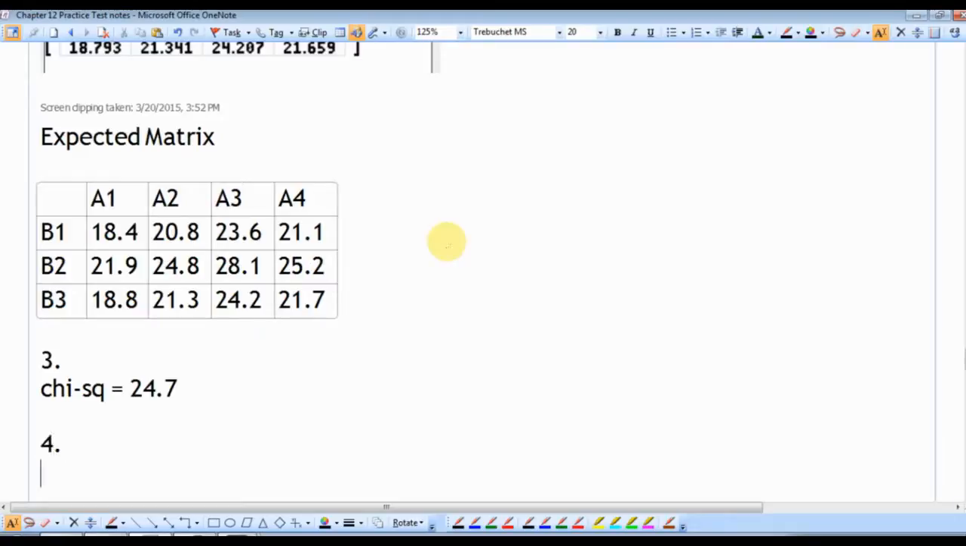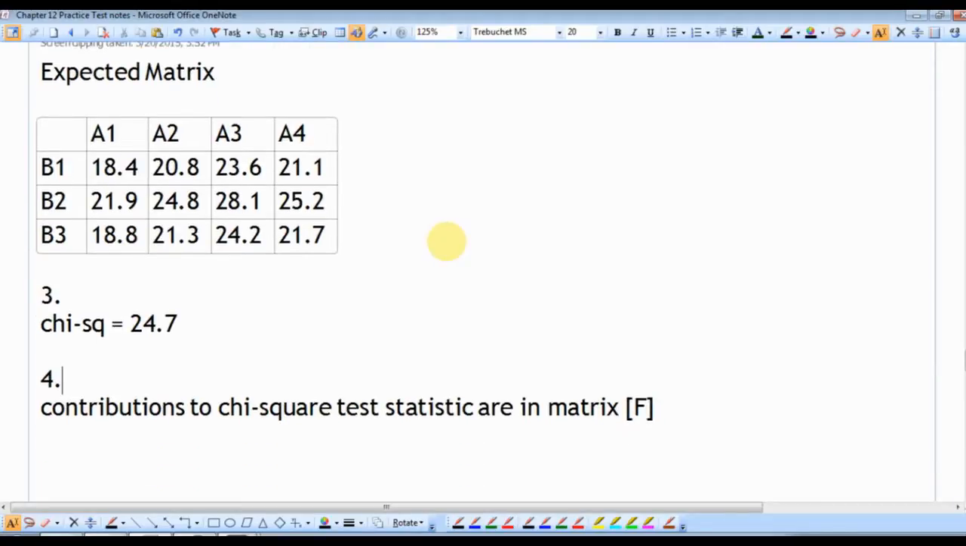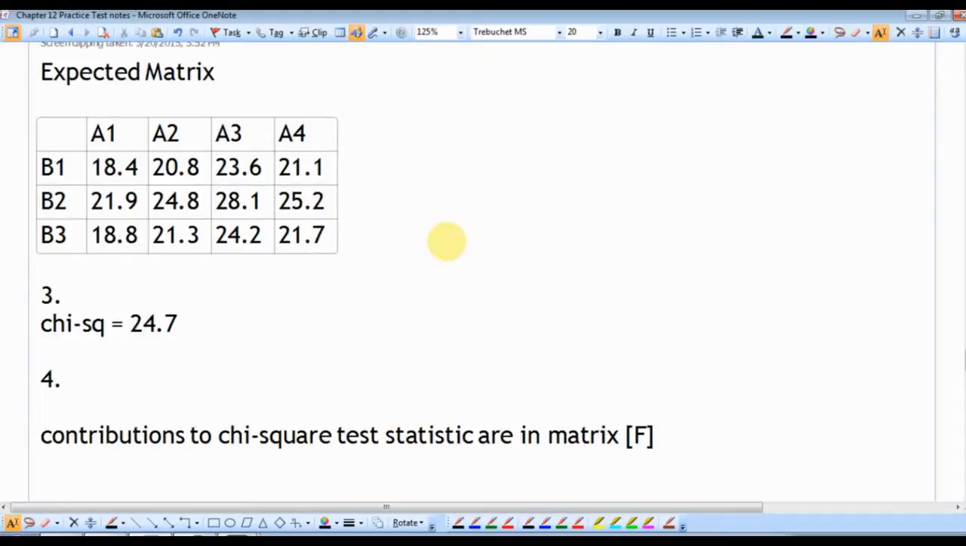Question 4. Which one contributed most to the chi-square test statistic? Okay, so the contributions to the chi-square test statistic are in matrix F, and this is what you've all been asking about, that matrix F. So after using the cells program,